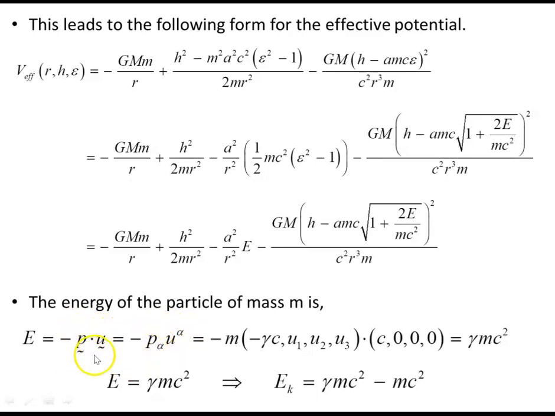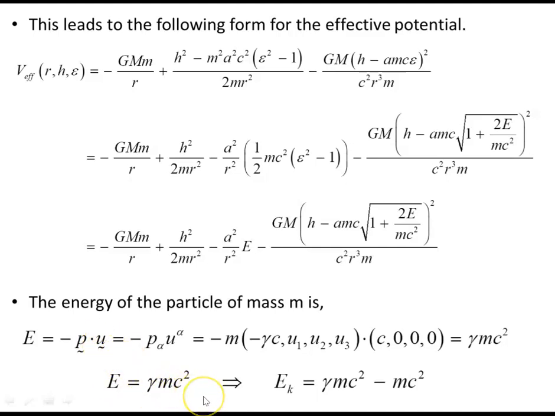Okay, when you do the contraction here, the inner product, we get minus m. Here is the four-momentum of the particle, indices lowered, and here is the four-velocity of the observer at rest. Only the time component is non-zero, and multiplying that through, only the time components multiplied together, everything else is zero, gives gamma mc squared. So the total energy of the particle measured by the stationary observer U is gamma